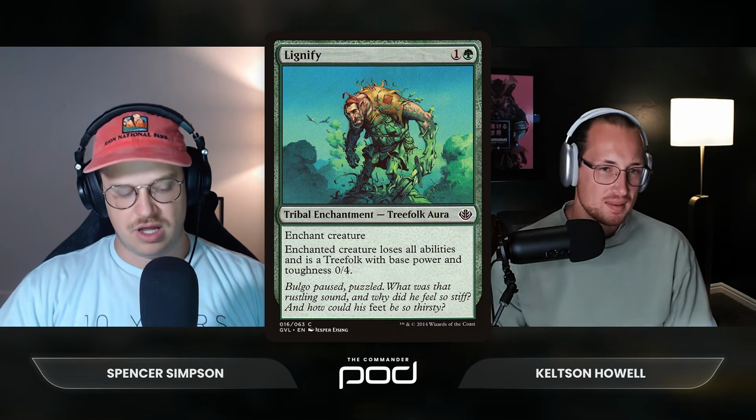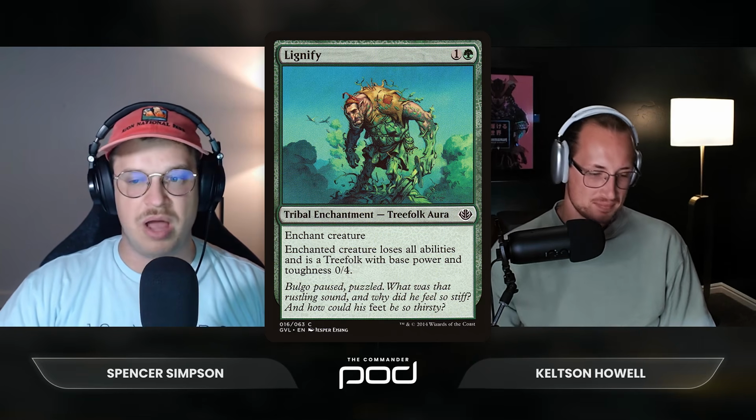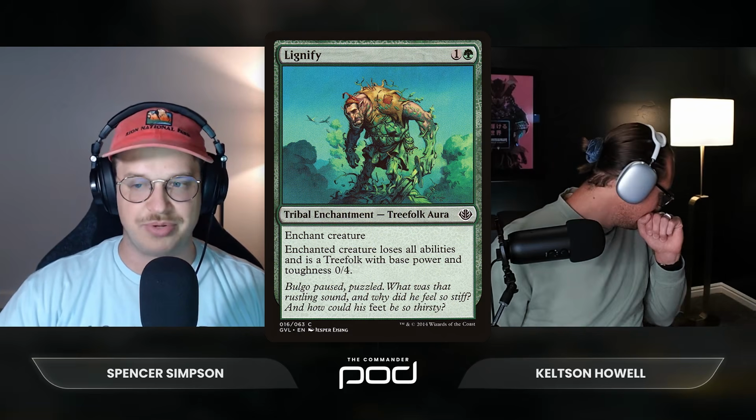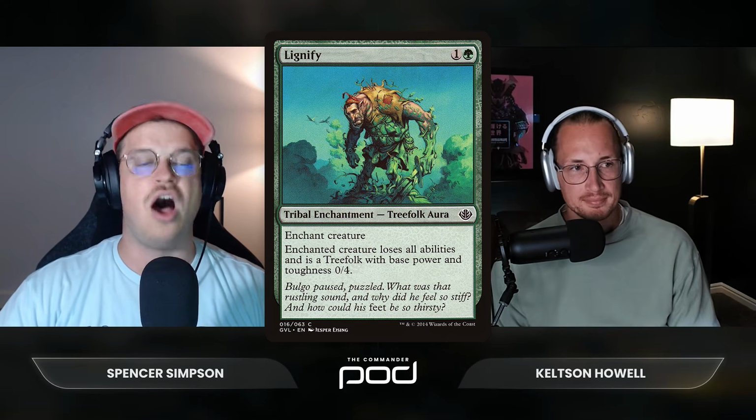So my commander got turned into a 0/4, and the problem is I'm playing in Grixis, and in Grixis you don't have a lot of removal options that are not for removing creatures. Yes. The enchantments are very difficult to remove in those colors, though it's getting better in black. Getting better in black. And blue has bounce spells. Blue has a lot of bounce spells. Yeah. But the premium bounce spells are expensive